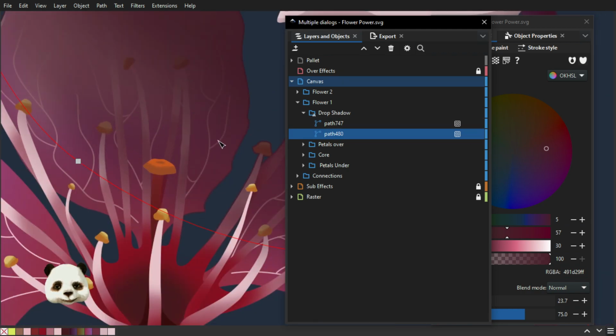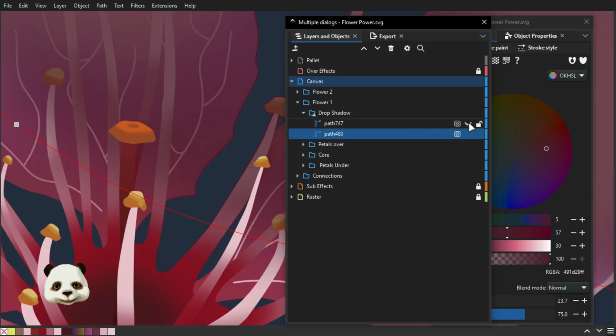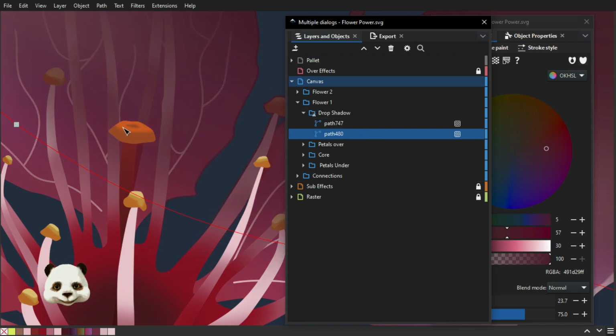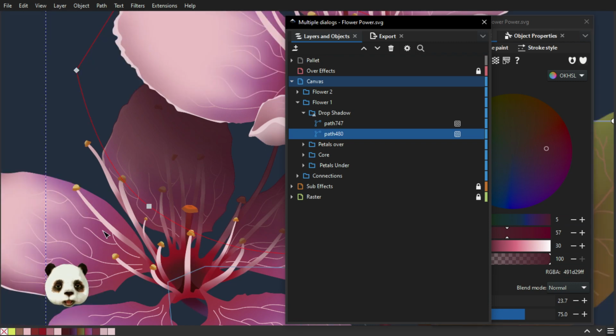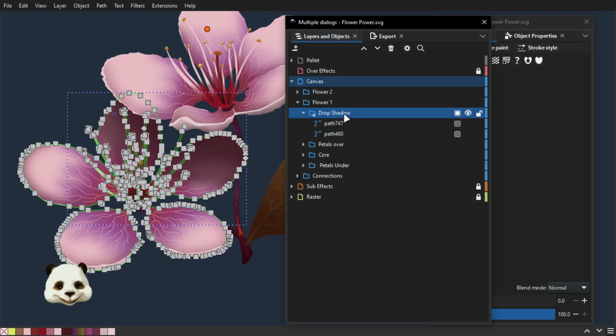But if you look even closer, if I disable the shadow, oops, you can see that it falls on these filaments in the back, but not on this center one, on the ovary, and on this one, for example. But they're all in the same layer. So how did I do that? Oh, get ready. This is mental. Okay, so